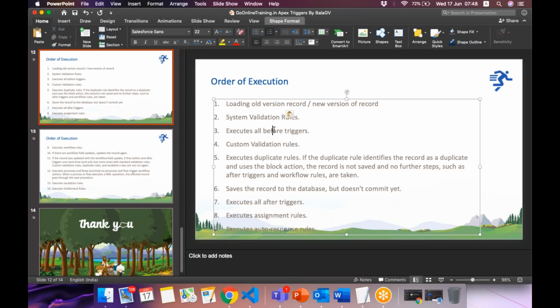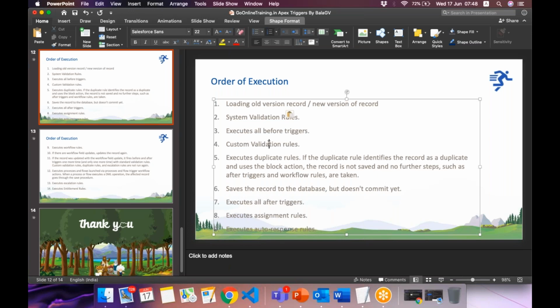Like whenever an employee is created, a sales member should get created. That we will not put in before triggers because ID will not be available. We'll see why ID will not be available, but before triggers will get executed.